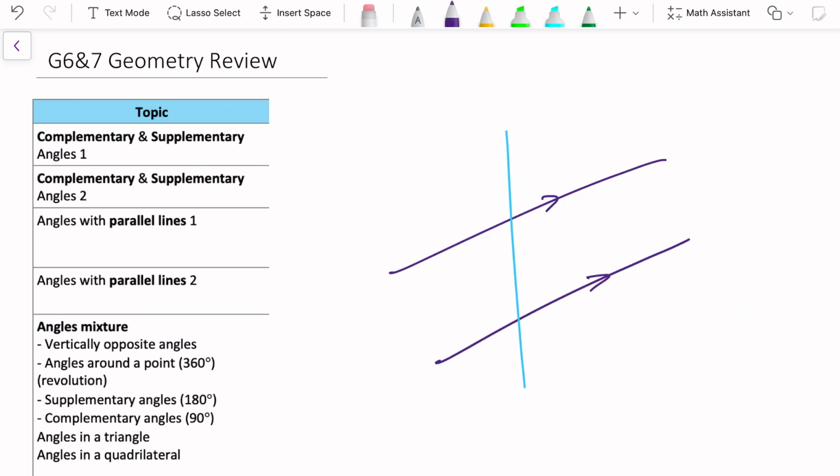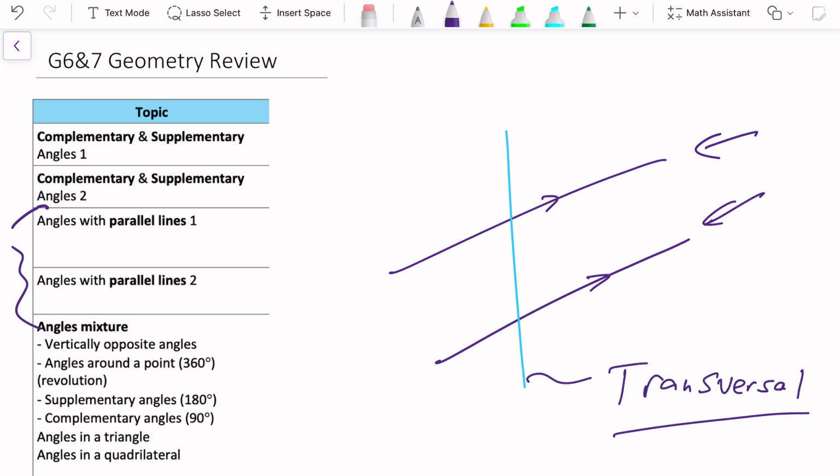Okay, so when you start doing the questions on parallel lines, remember that if two parallel lines, these two, are cut by a third line, the blue one, that is called a transversal. And from there, we get angles which are related to each other in certain ways. If you look for an F shape, you might recall, right, that angle equals that angle. So if you see an F shape, they are called